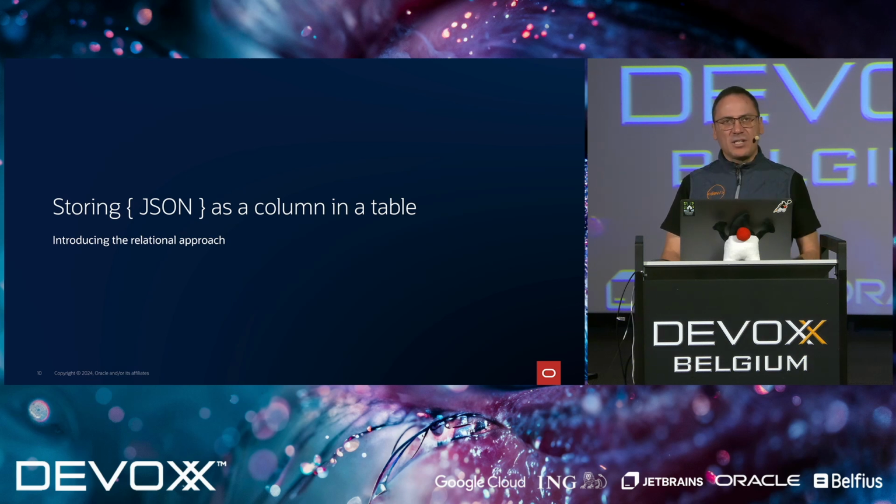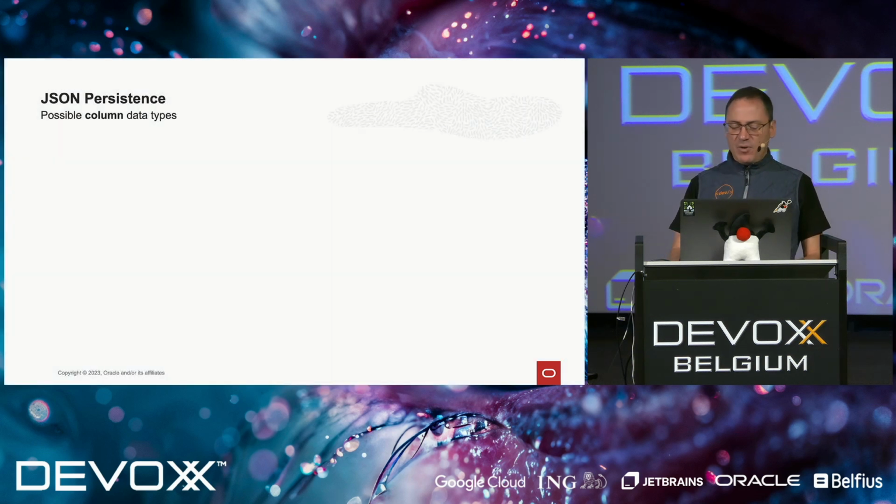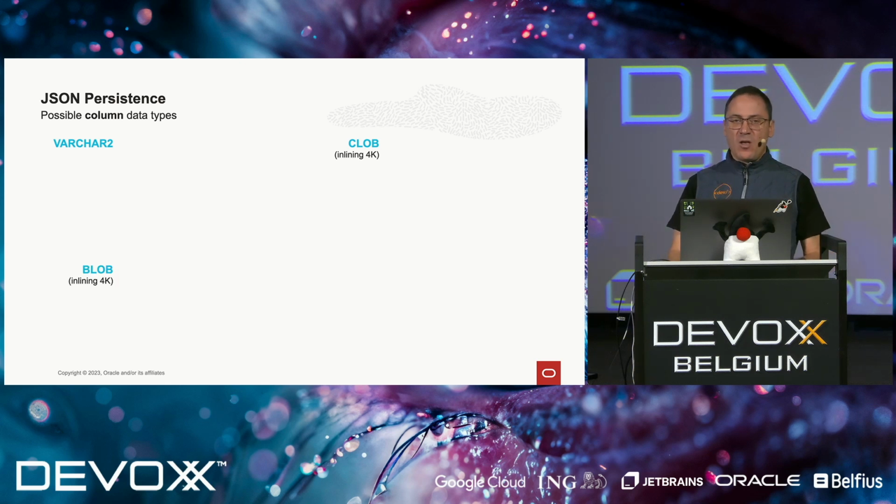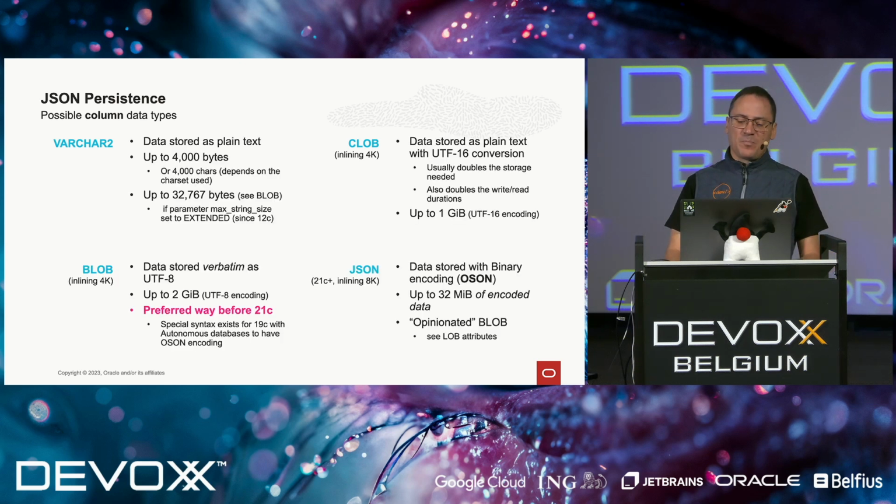Now, storing JSON in a relational table can be done in a couple of ways, depending on the database provider of your choice. Say, for example, if we want to store a JSON document as is and dump it directly into a relational table, well, we can use varchar, which has some limitations. We'll see that in a moment. Or you can use a character LOB, which has a restriction in the size. Or you can use a binary LOB. Or you can use a JSON type directly.